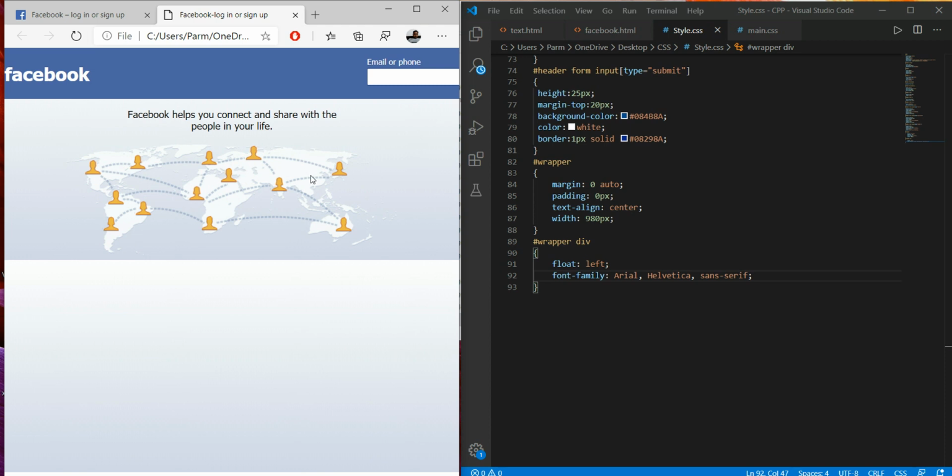Okay, so now we have to make it more precise. What I will do, I will make another ID. Within this I'm going to make another ID with the name div1, and here I'm writing the code. For this, if you see over here, there is a margin.